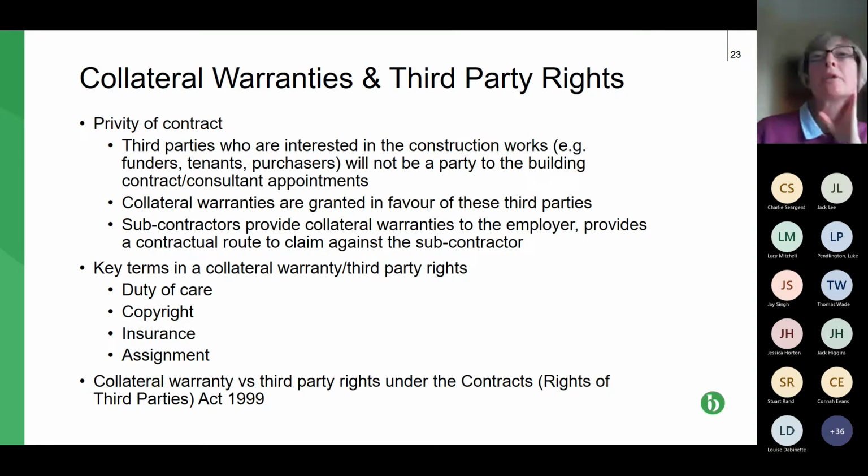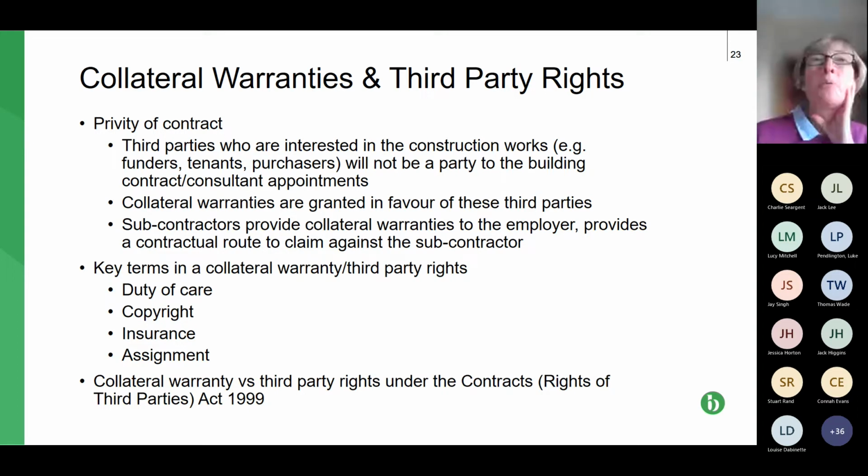So key terms under the collateral warranty, so this is the second main bullet point. It talks about duties of care. So if it's design, it talks about reasonable skill and care. It also talks about what materials standards are required. Also, it talks about copyright, and that's in the context of the work, including design. It also covers off insurance, so that's particularly professional indemnity insurance in the context of design, and also assignment,